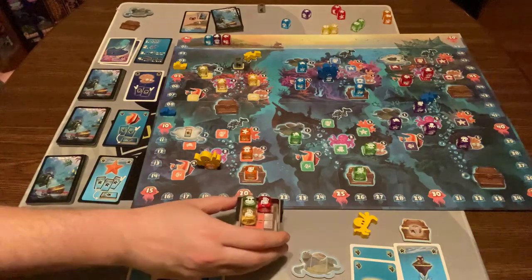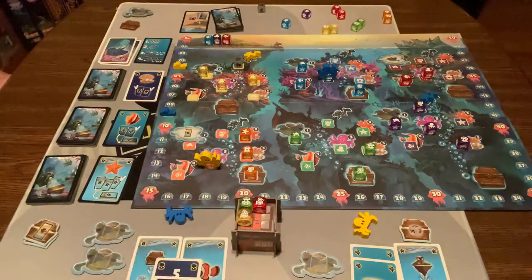Now it's back to yellow. Let's see here. All right, yellow wants to grab, but they can keep 1. They want to keep...